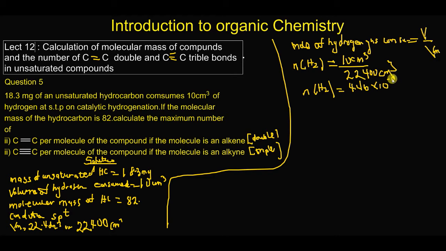Negative 4 moles. Okay, so this is the volume of hydrogen that was consumed. Now this is the mole of the hydrogen that was consumed. Let's find the mole of